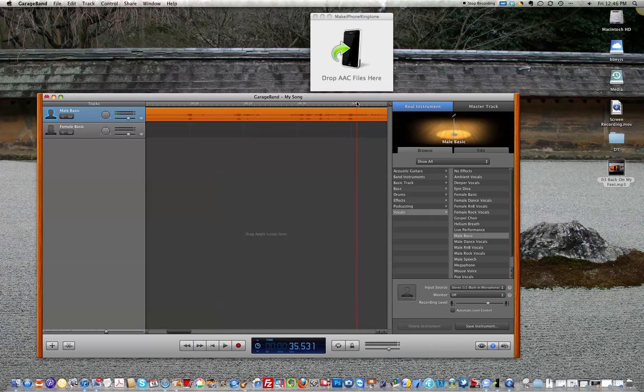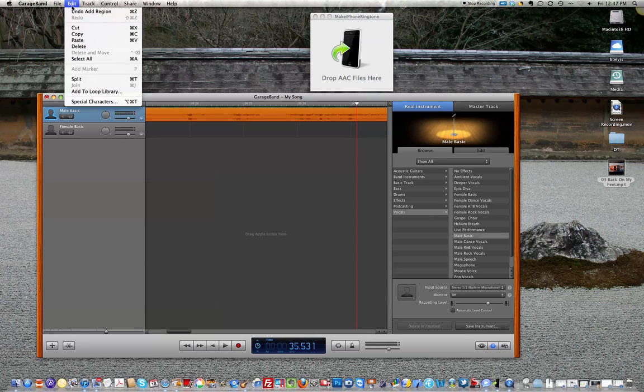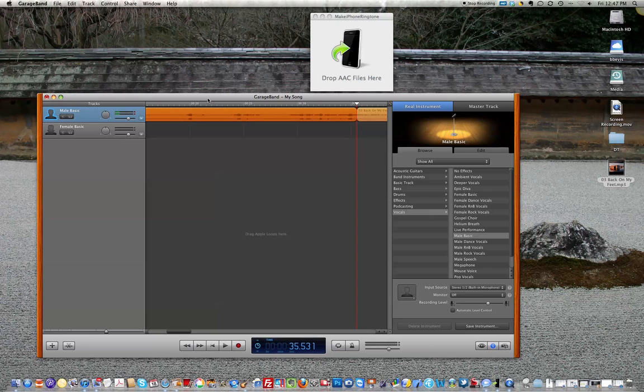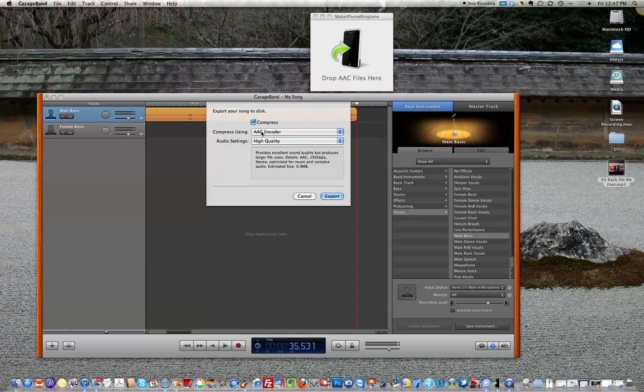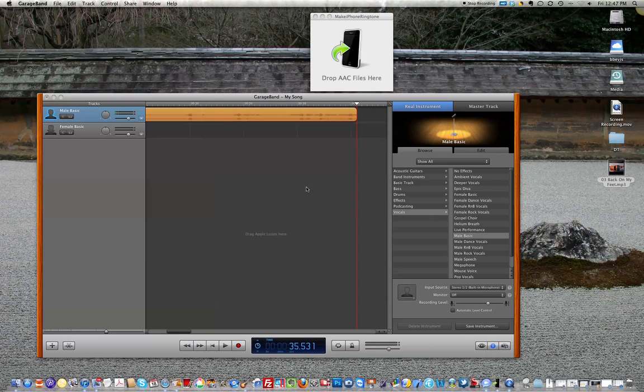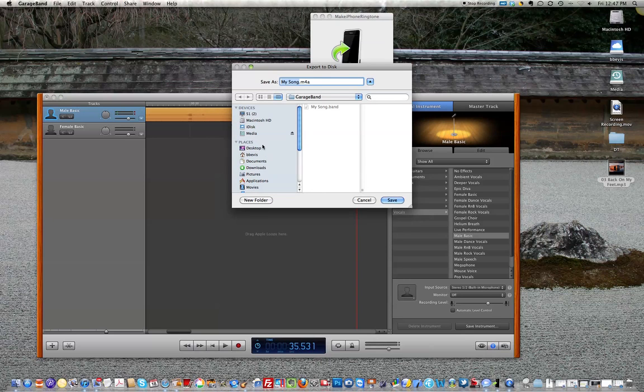So you can edit anywhere you want in the song and take out 35 seconds or so. And here I'm just going to delete the last part of that, and then go up to Share and Export Song to Disk, and make sure this is on AAC encoder. Going to export this and